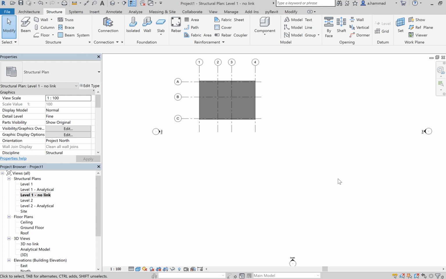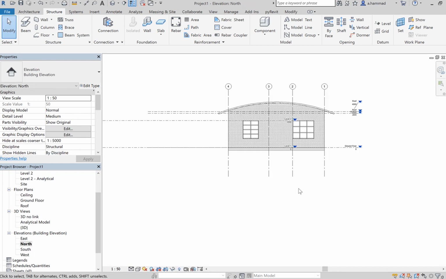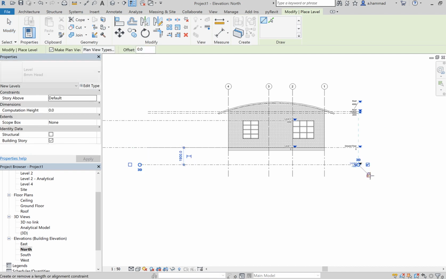Let's say now that you want to add some other foundation elements. So say for instance your footings, given that this is a structural project. So what you would do is you would go to your elevation and let's add another level. So click on level and let's draw a level beneath your ground floor